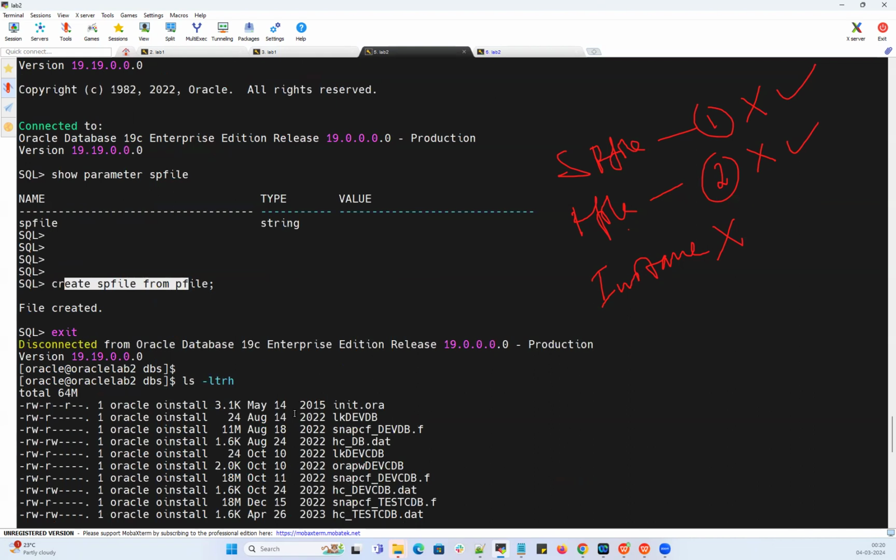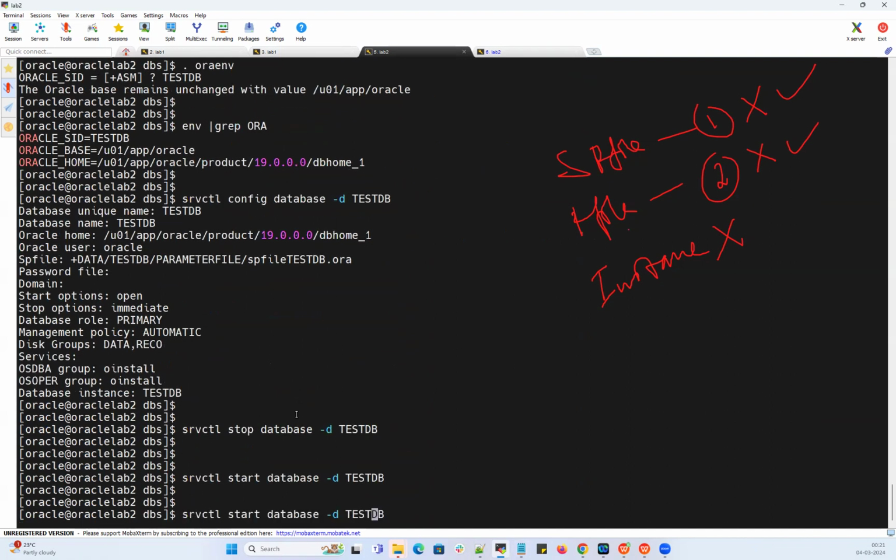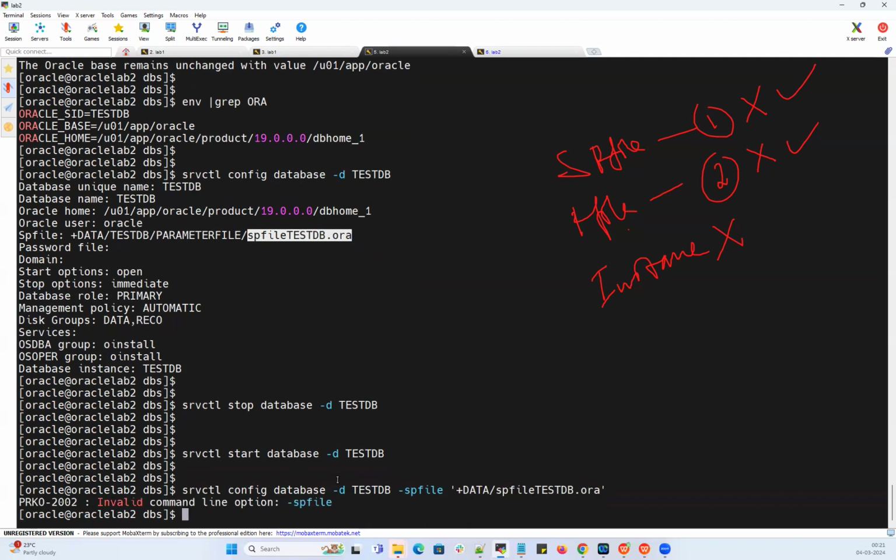So either you can go back and change your modification in the srvctl config, or you can directly go ahead and give your spfile path. Like, what I can say, anyway, my spfile got created. I can do this srvctl config database, or you can do srvctl modify database and -spfile. We already understood my spfile got created under my plus data directly, spfile testdb.ora. This was the file got created, right? So I can quickly say,